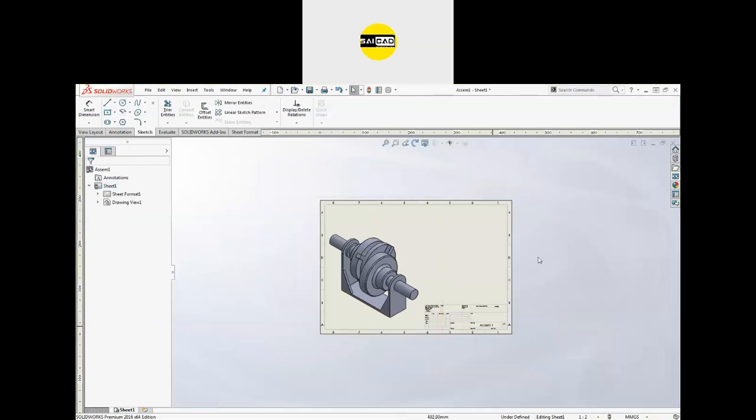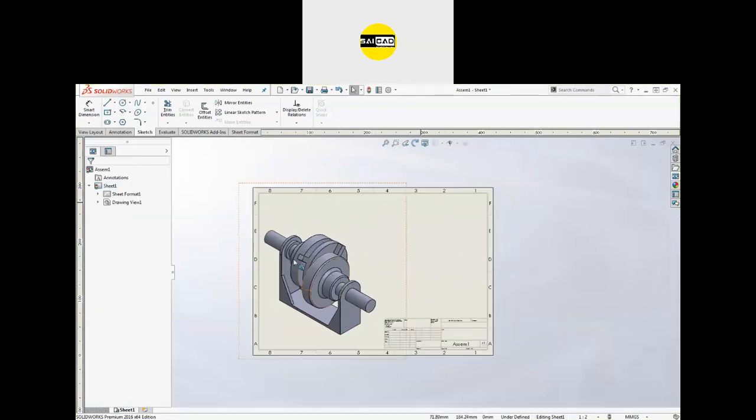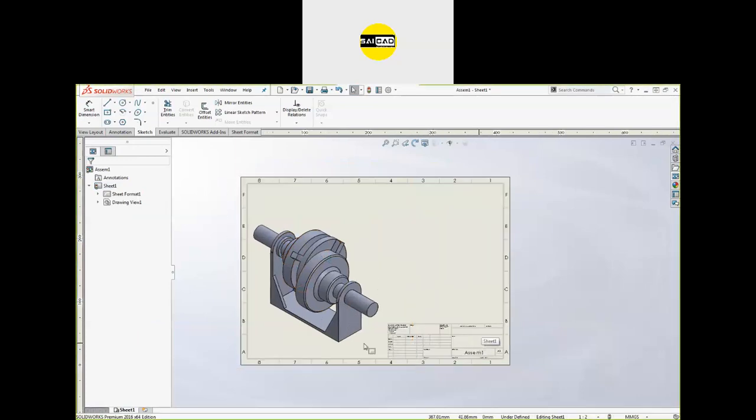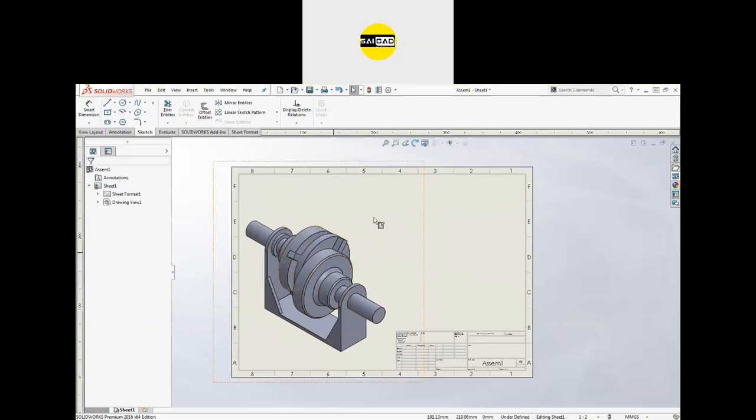And now, this is the main assembly view you have to enter in the first sheet. There you have to apply some balloons, and there will be the bill of material, as you can see in a file that I'm going to show you. So wait for a second, I will just show you.